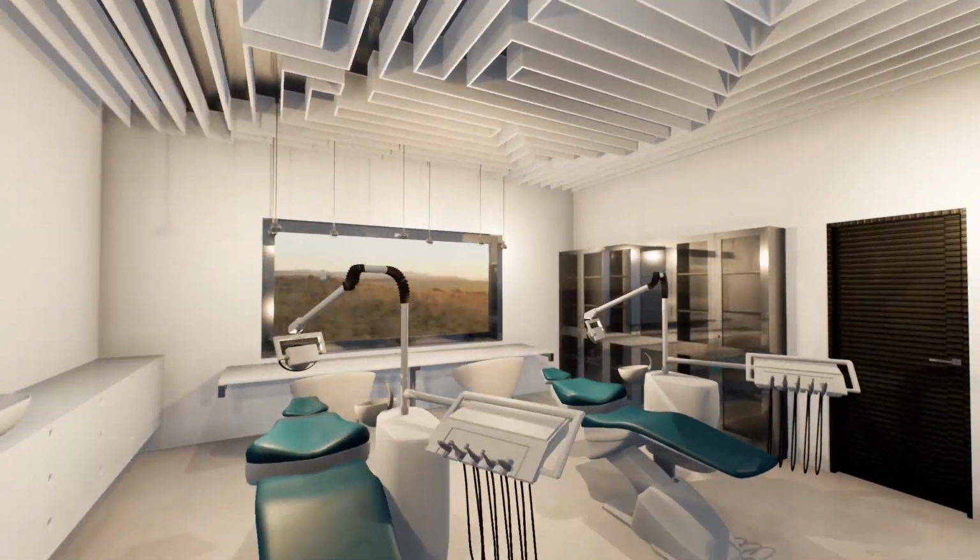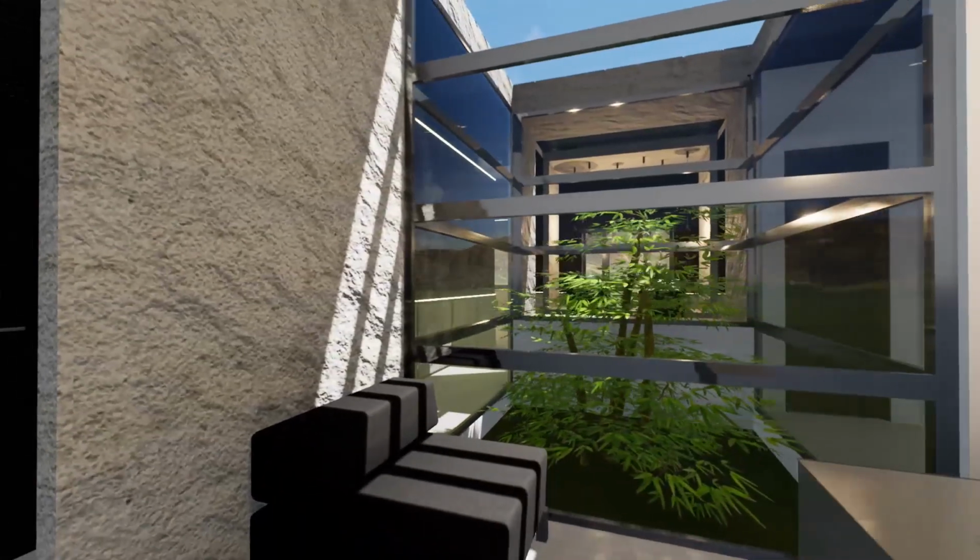Hi everyone, today we'll be seeing how you can address the design aspects for a dental office with a useful example that we've created with ACCA. We will also be seeing some key aspects summarized in a brief presentation that you can download in the description